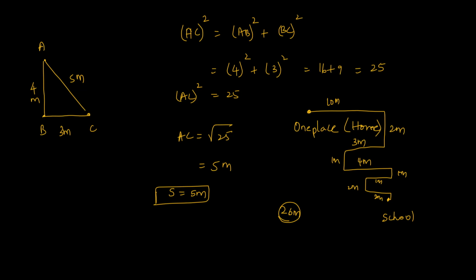Then you have to directly go from this position to this position. So this will be our shortest path. Then you have to find this position. So the main difference between distance and displacement: distance is your longest path, whereas displacement is the shortest path which an object can travel.